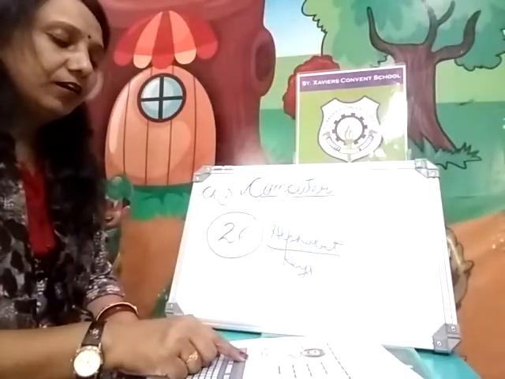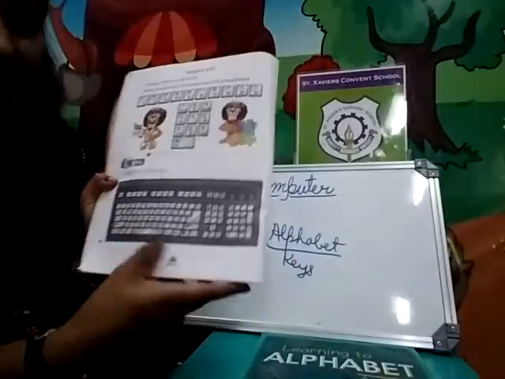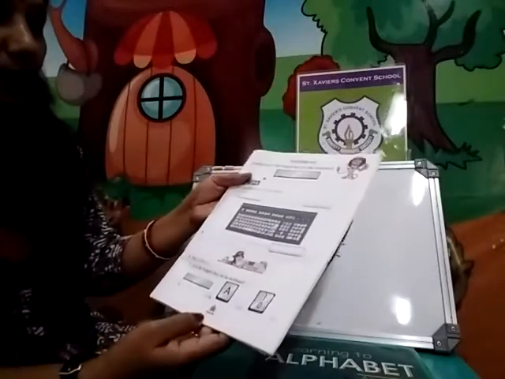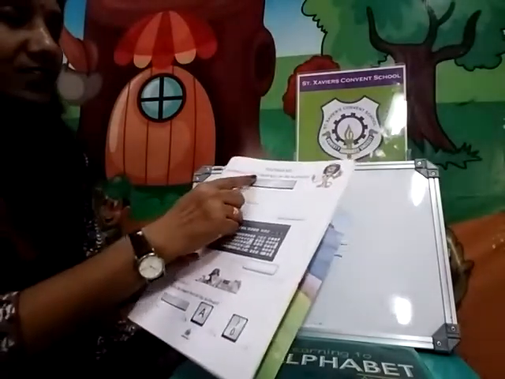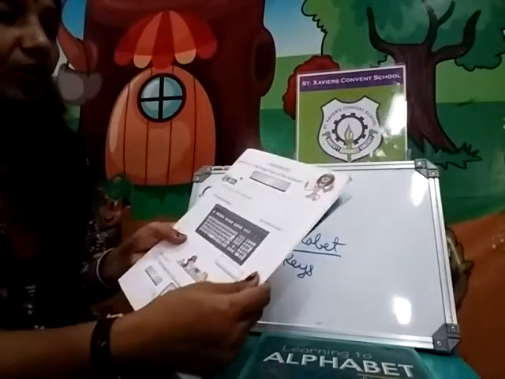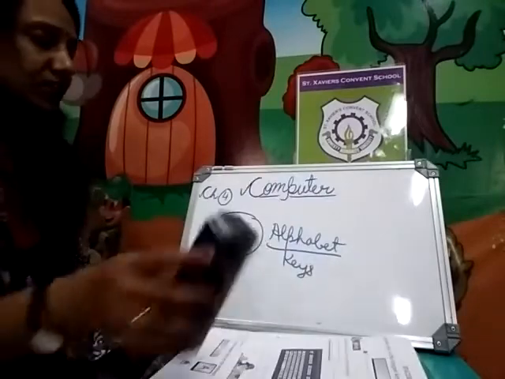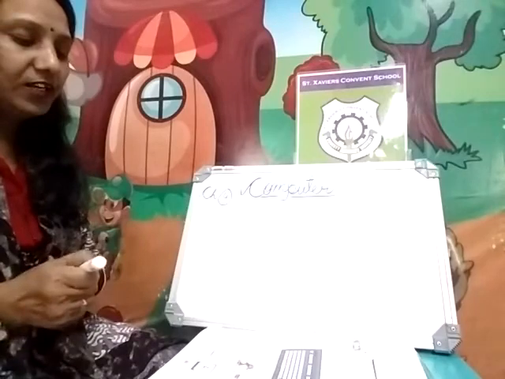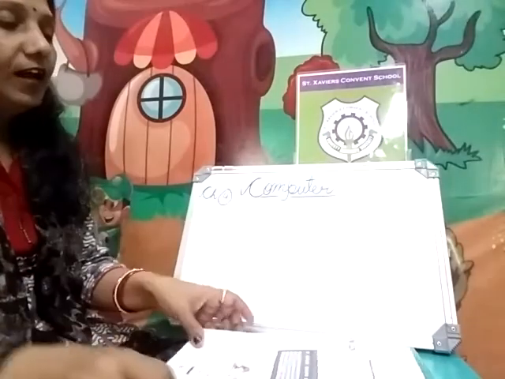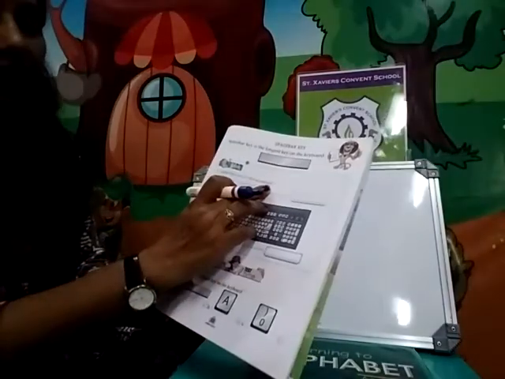Now color the number keys. Here what to do? You have to do this coloring activity. Color the number keys. Now page number 23, you see, space bar key is the longest. So on that keyboard, which one is the longest key? Space bar. Now the activity you do yourself. Now label the keys on the keyboard.